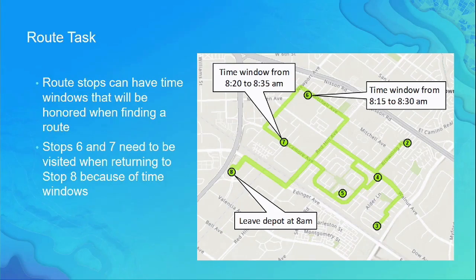And we head over to the right, pick up those stops, and then once the time is correct, we head over to stops 6 and 7, because we were told the problem: you can't visit these stops until a certain period of time has come, because the person won't be there, they're not ready for you, for whatever reason. So these are all just some very high level, very general descriptions of what the route task can do,